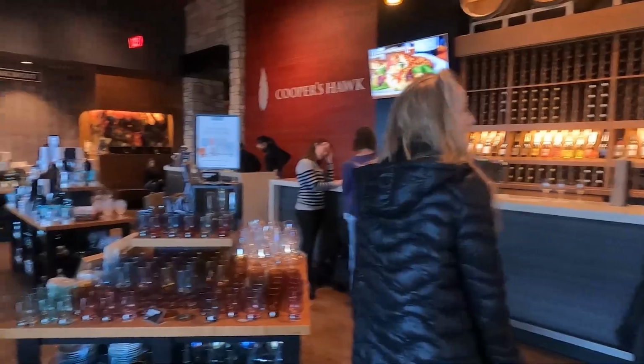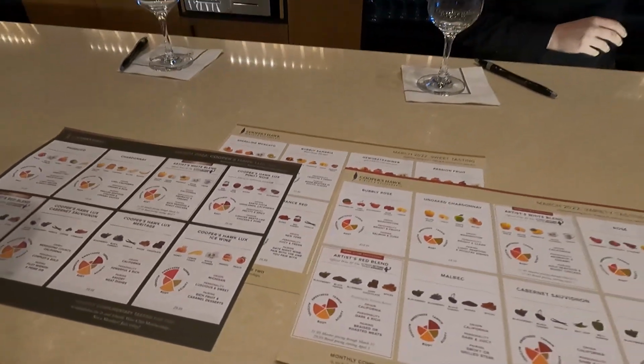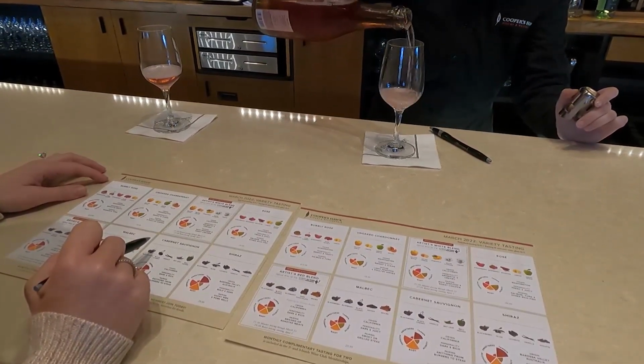They offer 2 or 3 different tasting menus, so you get to choose your own adventure. And if there's a wine that you don't want to try, they're really flexible and will let you substitute it with any of their other wines instead. Now be warned, you will catch a buzz from doing one of their tastings. We love their wine, and their food is really good too, so we usually make reservations for dinner and do